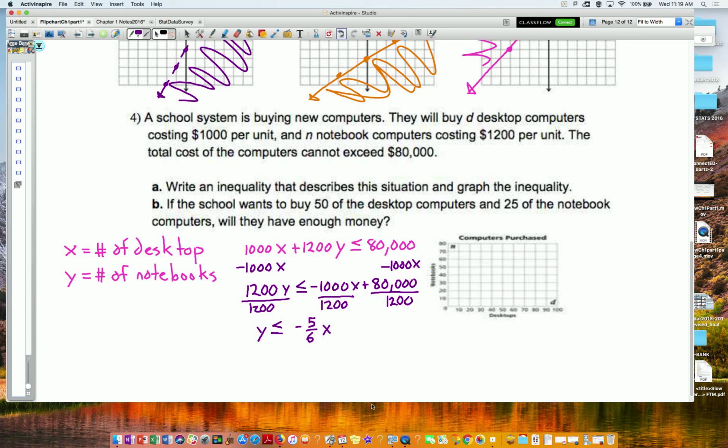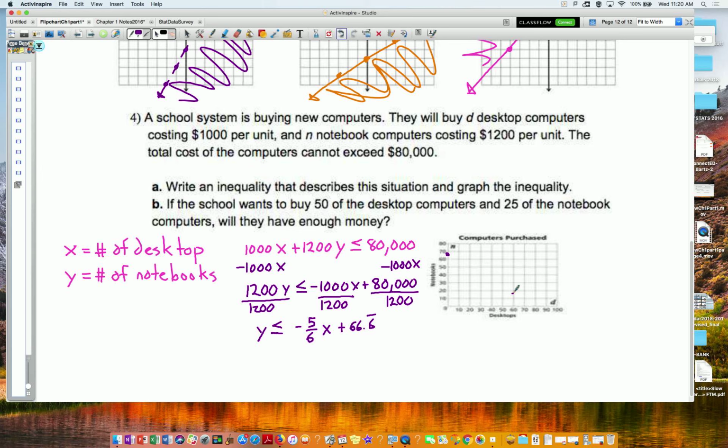80,000 divided by 1,200 as a decimal, that's 66.6 repeating. Now, if you put this as 200 thirds, I'm okay with that too. I know we don't get really super nice numbers on this. But what this means is I'm starting here at about 66.6 computers, and I'm going down roughly 5 units and to the right 6, which makes this a little bit more challenging to graph. But I kind of estimate my slope here, since I'm kind of a little bit more than the middle. I go 1, 2, 3, 4, 5, and then over 1. Then I go over 1, 2, 3, 4, 5, 6 to estimate where that actually ends up being,